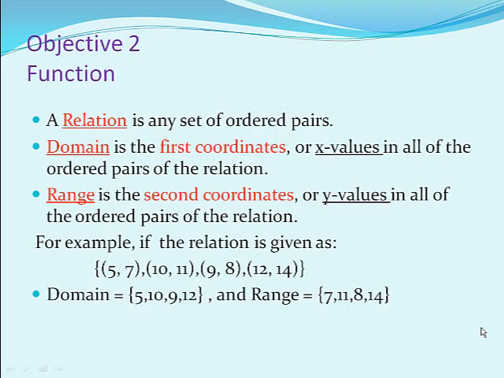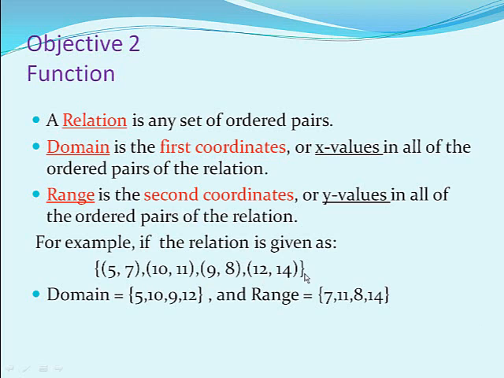Objective 2, function. A relation is any set of ordered pairs. Domain is the first coordinates or the x values in all of the ordered pairs of the relation. Range is the second coordinates or y values in all of the ordered pairs of the relation. For example, if the relation is given as this set of 4 ordered pairs, (5, 7), (10, 11), (9, 8),